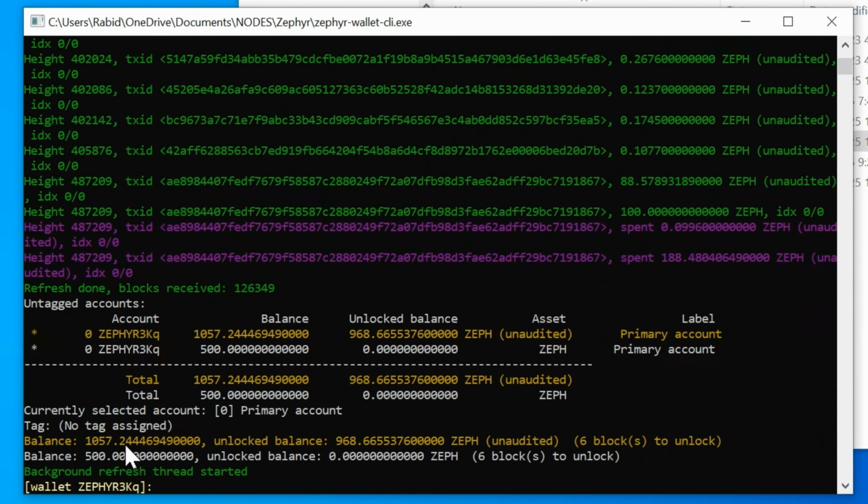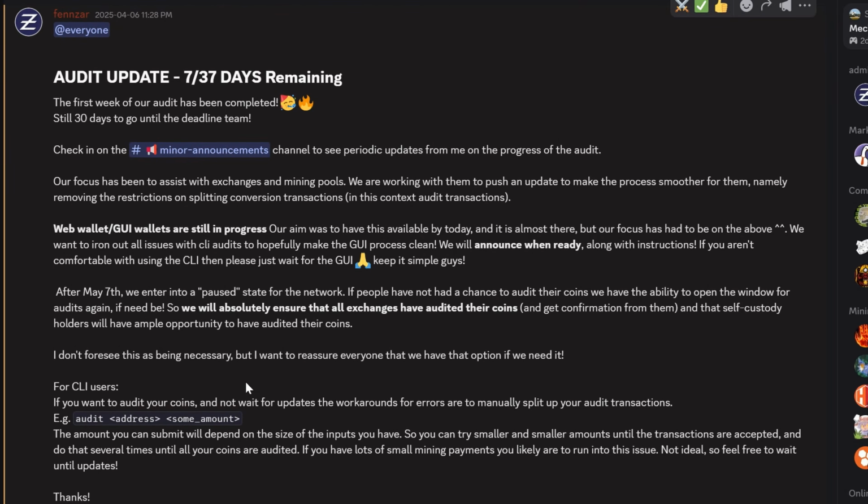I should have about 600 and some coins left to audit for the GUI wallet. So when that releases, we'll go through that for you. But when it comes to auditing through the CLI, this is how you do it. So that pretty much does wrap this out, but I do want to close this with the latest update from